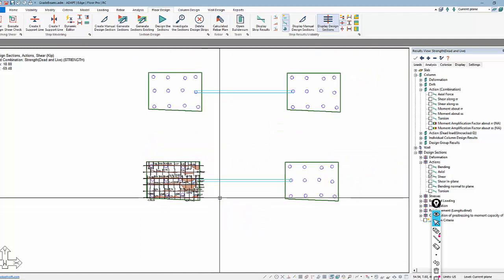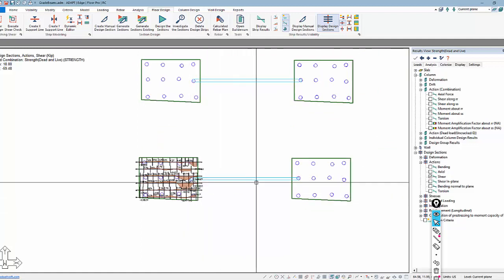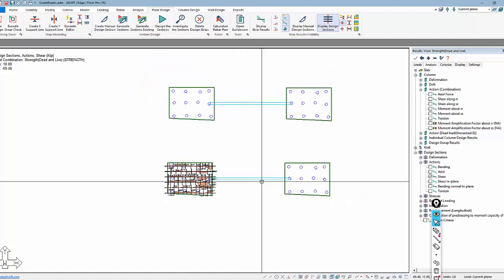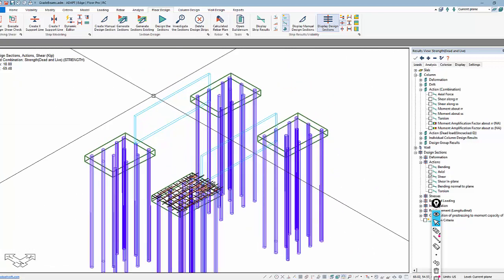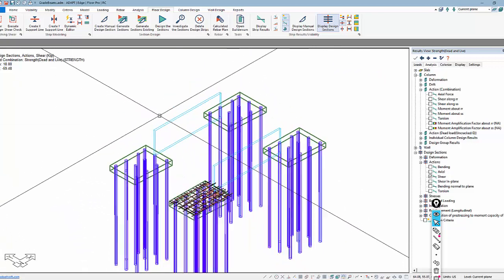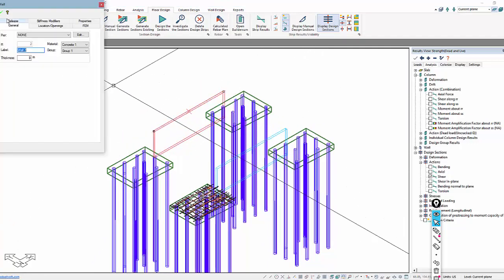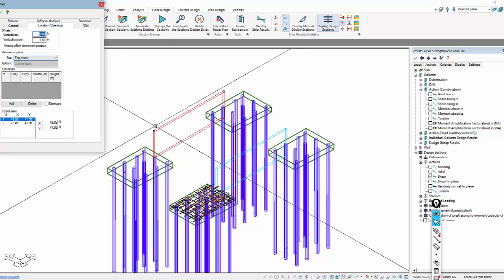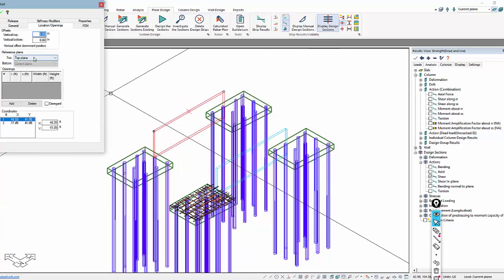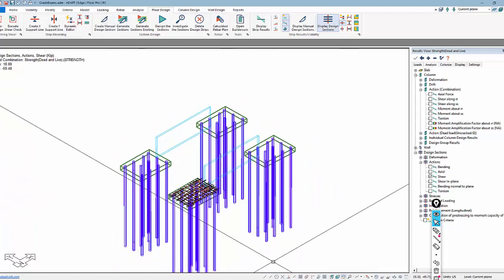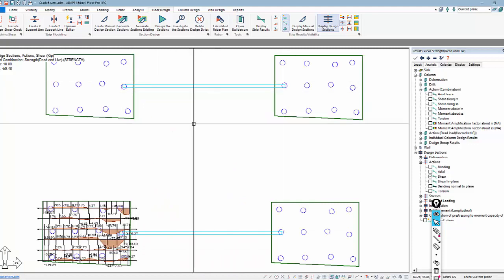The one thing we cannot do, however, is actually design this grade beam because it's modeled as a wall. If I change that to actually a beam component, then we have potential issues. So if we convert this rather than modeling this as a wall, and a wall is connected at two different planes because we mesh vertically in the wall, we have a top and bottom reference plane. If I was to go in and model a beam along that path,